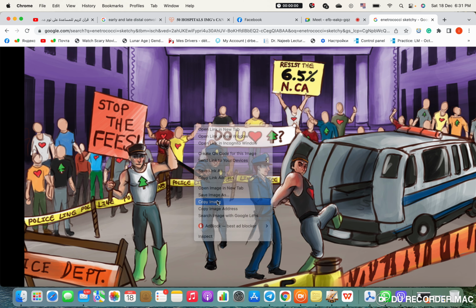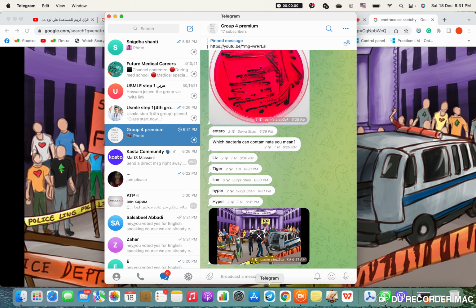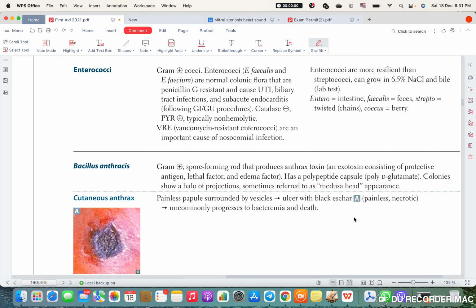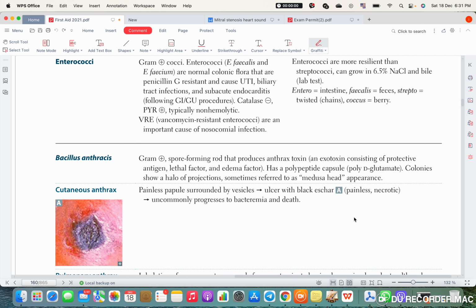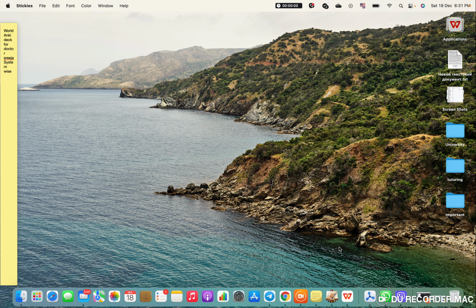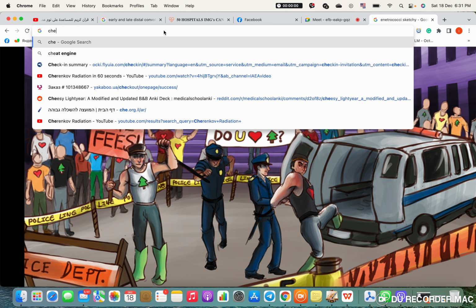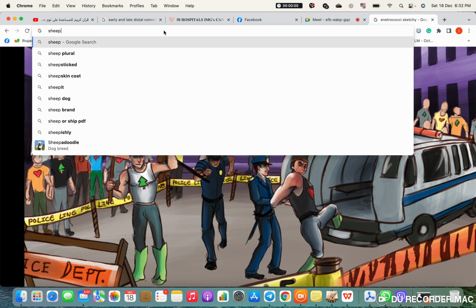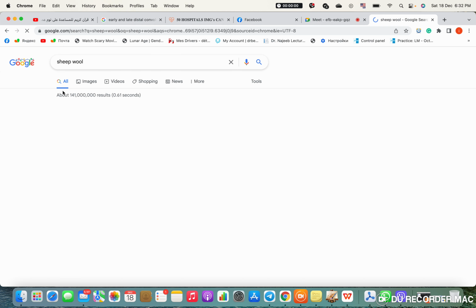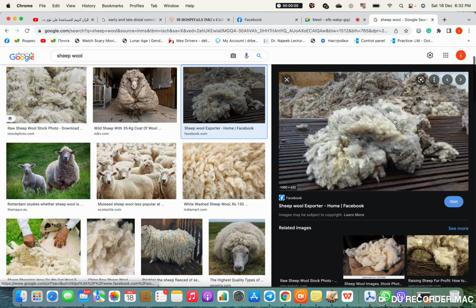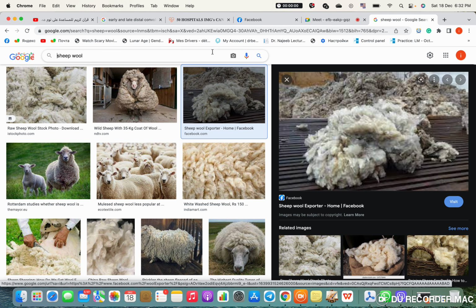The next thing I want to speak about, I just wanted to mention this thing about Enterococci because it's really important. So, Bacillus anthracis. If we speak about anthrax, where can we find anthrax normally in nature without human involvement? Can we find anthrax normally in nature? Yes, you can find it in the sheep. Is it in the meat of the sheep or where exactly? Yep, it's in the sheep wool. You can find anthrax there. Also, you can find it in the soil.